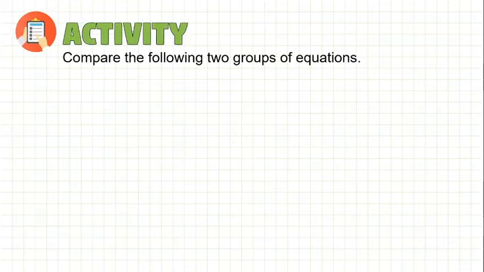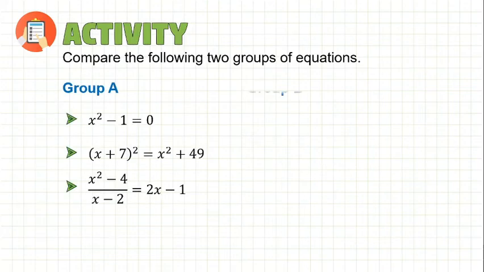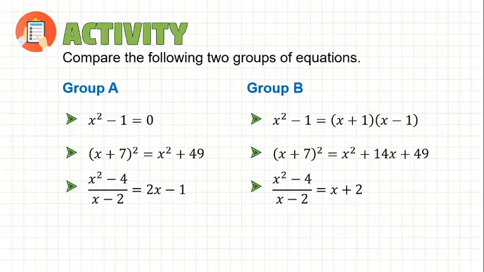Now let us consider another activity. So in this activity, we will compare the two groups of equations. So we have here two groups, Group A and Group B. So for Group A, we have three equations as well as for Group B. To remember, from our previous activity, the domain of an expression or equation is the set of real numbers of the variable for which every term or part of the expression or equation is defined in the set of real